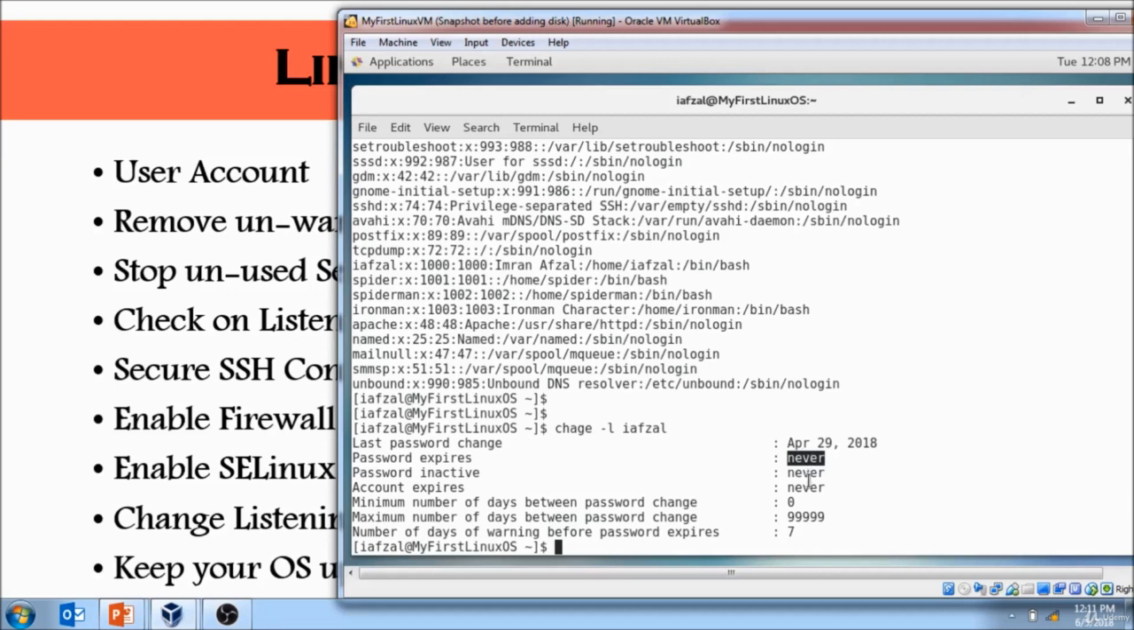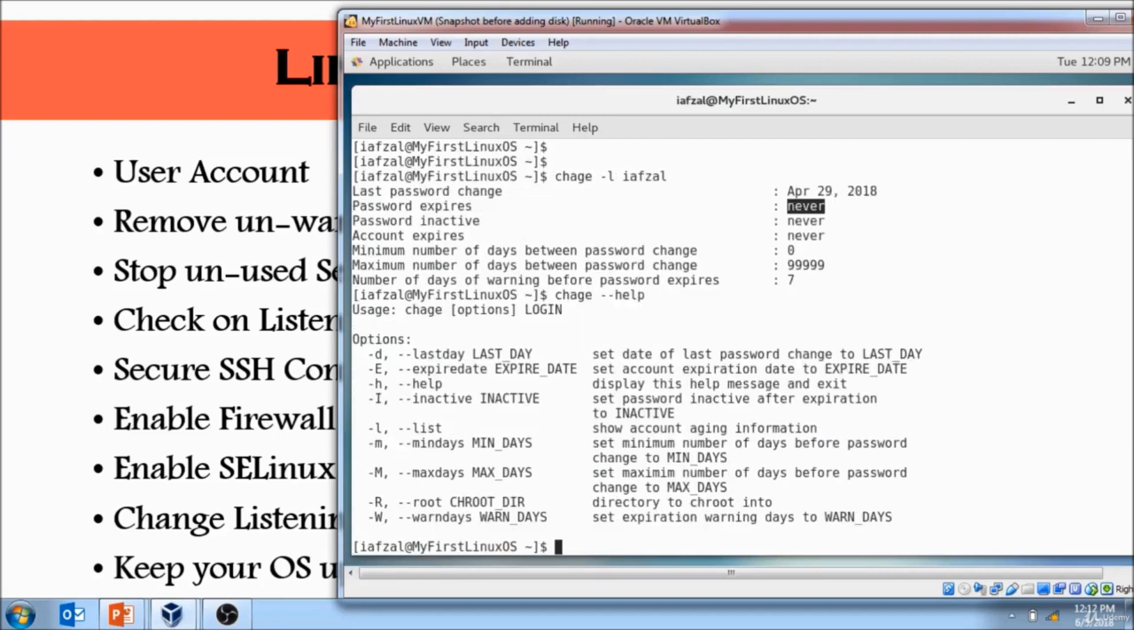Same thing goes for inactive password. Account expires. When does the password expire? And number of days of warning before password expires, and so on. All that information can be changed. You could set your own standard depending on your company's requirement. You could run chage command with --help to find more information on how you could make those changes for